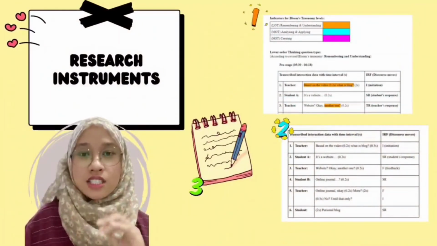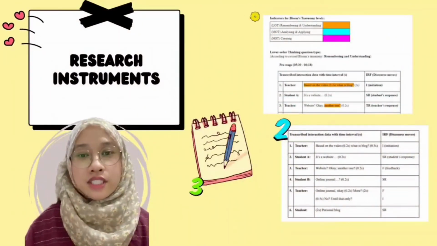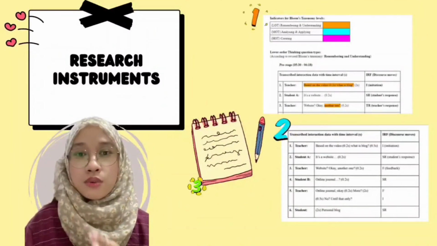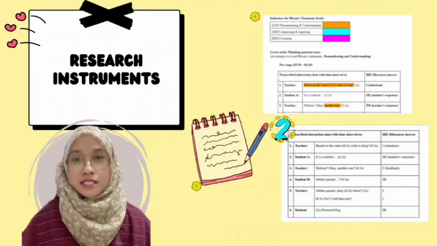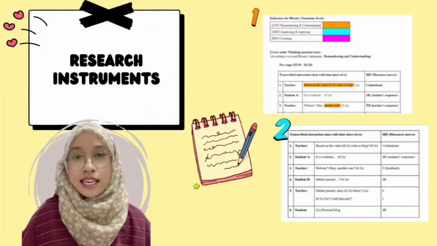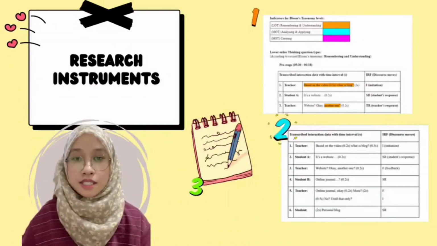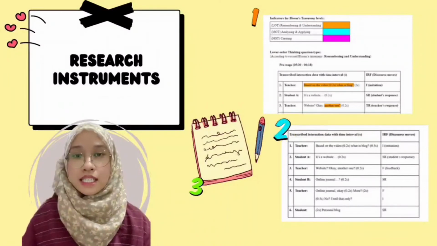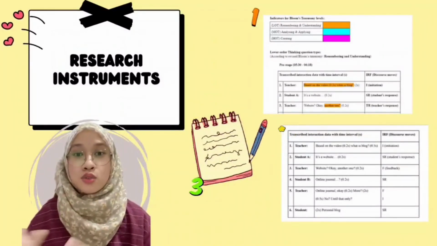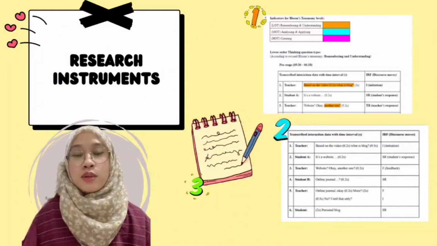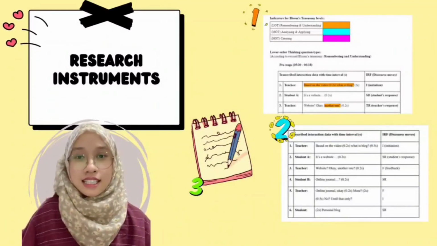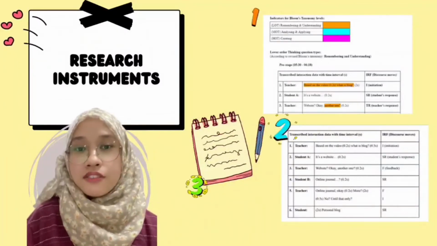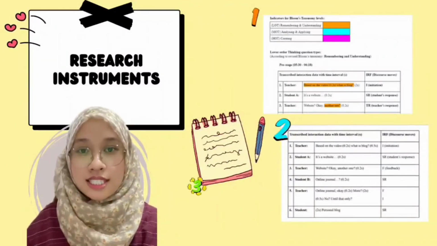There are 3 research instruments being utilized in the study. The first one is the video transcription, which I took from the video recording of my teaching practicum 1. And the second instrument I use is the checklist, which I adapted from an IRF cycle and implemented into my video transcription to see the interval time between the teacher and the students' responses in the classroom. And the last instrument is my own reflective entry of the lesson that I have conducted with the students in the classroom.